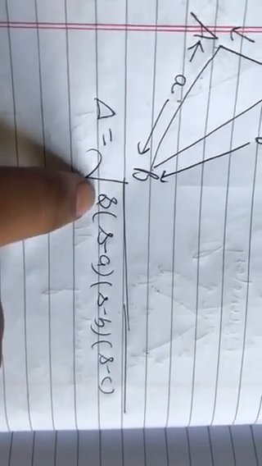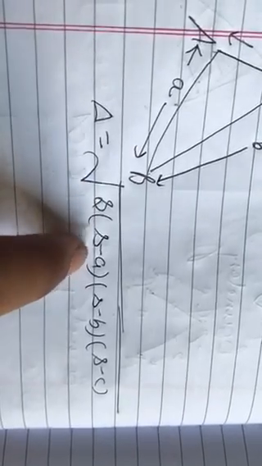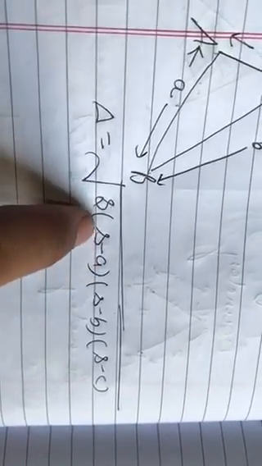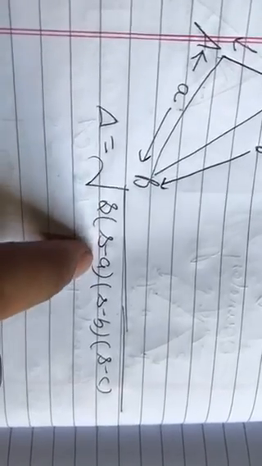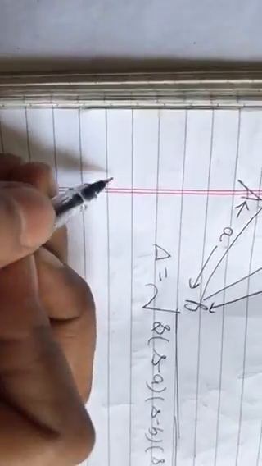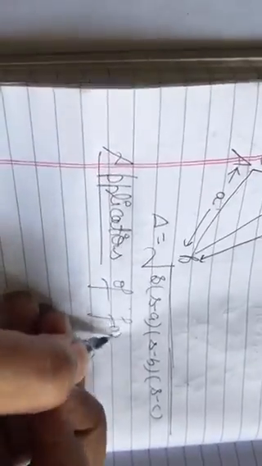First of all you have to take S, the semi perimeter. Then in the first bracket you have to take the difference of the semi perimeter and the first side, then the semi perimeter and the second side, and the semi perimeter and the third side, as S minus A, S minus B, and S minus C. This formula will help you to find the area of any kind of triangle. It may be a right triangle, isosceles triangle, equilateral triangle, or a scalene triangle, right? Now, some applications of the formula.